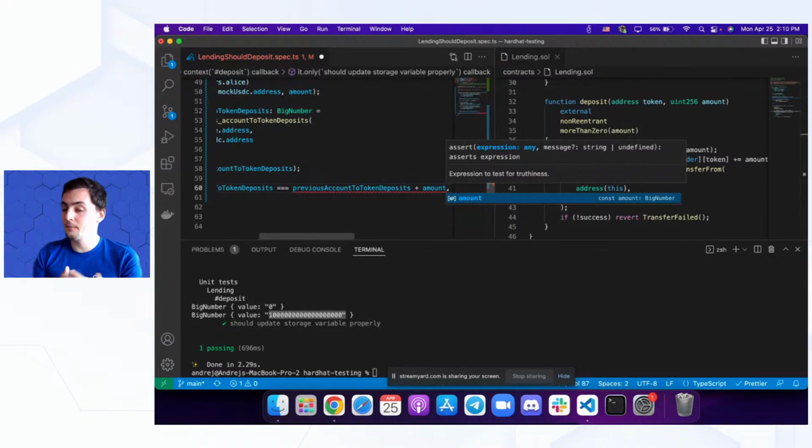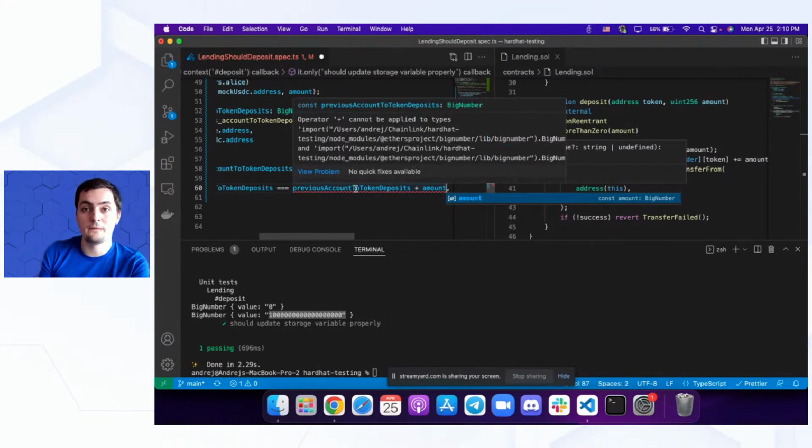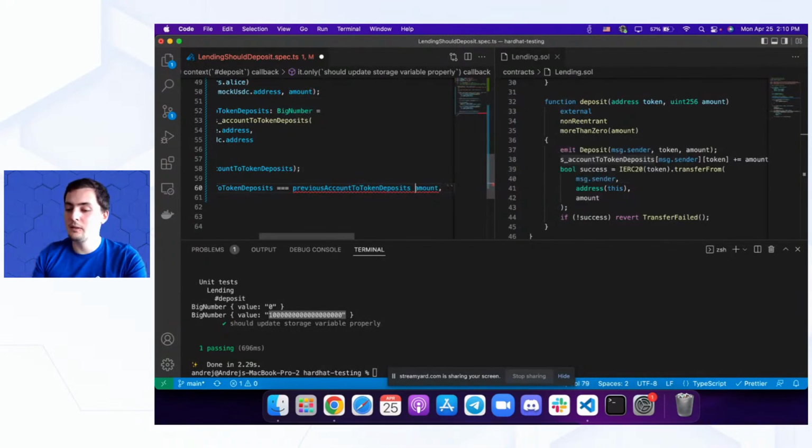plus amount. Okay, like addition. And now we have this red error, and it basically happened because we have TypeScript. With JavaScript we would not have these VS Code warnings or errors, and we would just hit our error inside the terminal itself. So let's quickly take a look at what this means. It basically says operator plus cannot be applied to types BigNumber. Because this is a big number, it has a built-in function for addition, and it is add. So I need to